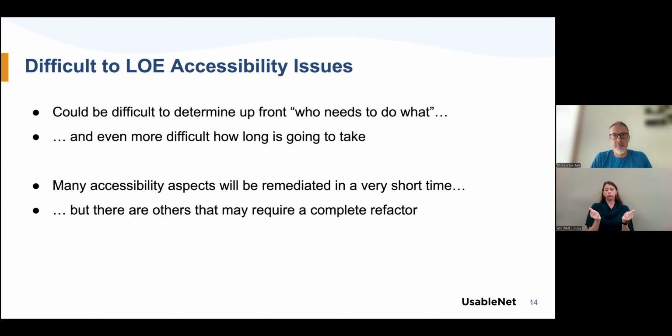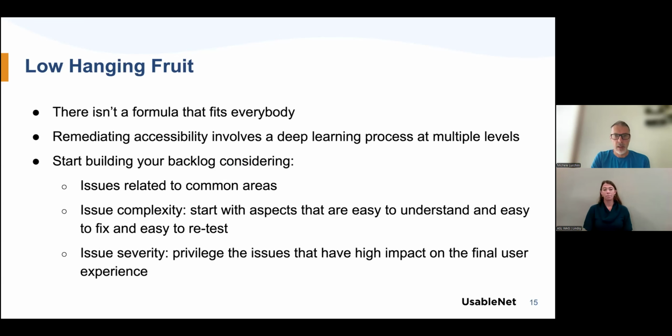You might have many accessibility issues that can be resolved with just one line of code, so the classic fix one, fix all. Or there might be other instances where one single issue might require a complete refactor of an element. And this is very, very typical in accessibility. There are, though, some low-hanging fruits that we should consider. While there isn't a formula that fits everyone,